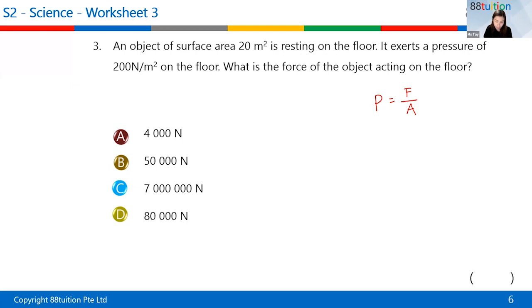Now, you can see that it exerts a pressure. So we have this value. We have the area as well. So we are looking for force. So if you are familiar with the triangle